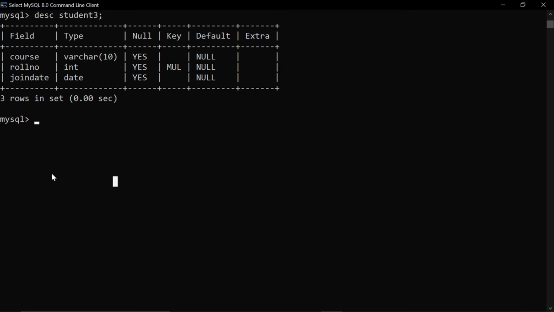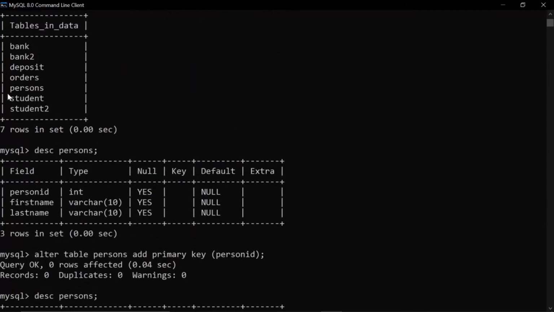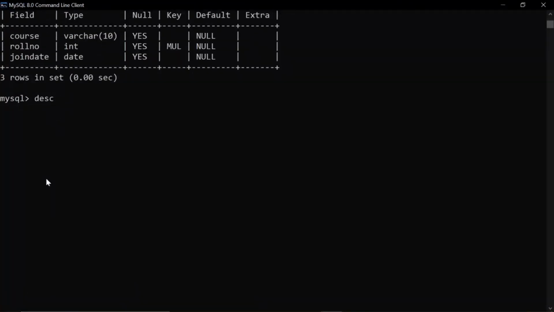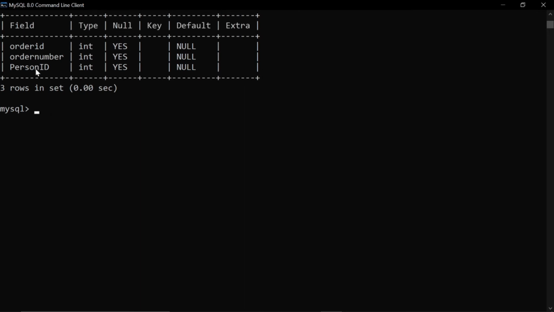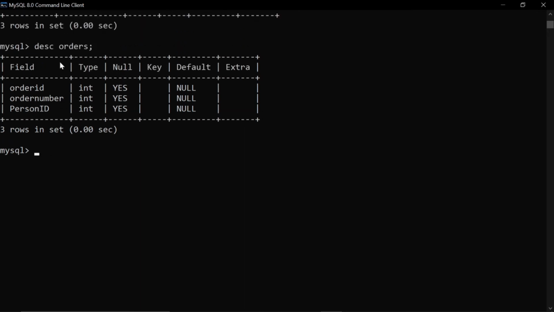Now with the help of the alter command, if you have created a table and then you want to insert a foreign key, here there are these tables, and suppose for orders I want to insert a foreign key. I want to connect this orders table to the persons table.